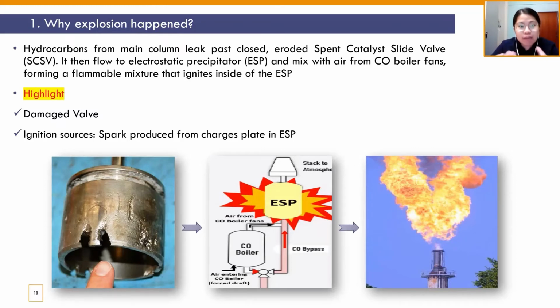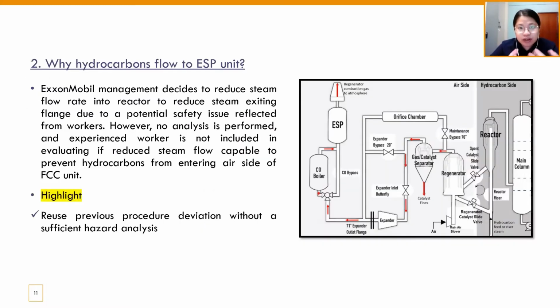First is the damaged valve in between the ESP and the column. And second, the ignition source is the spark that was produced from the charge plate in the ESP, which led to the explosion at the refinery. So you must be curious why hydrocarbon can flow all the way from the regenerator to